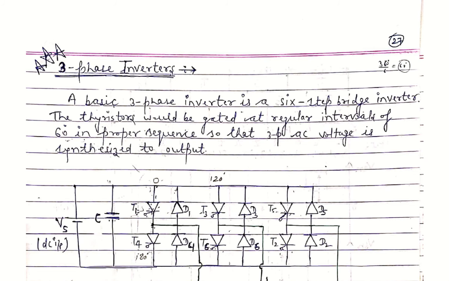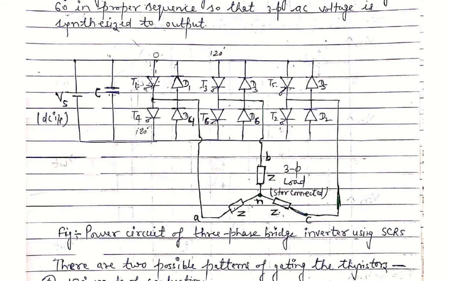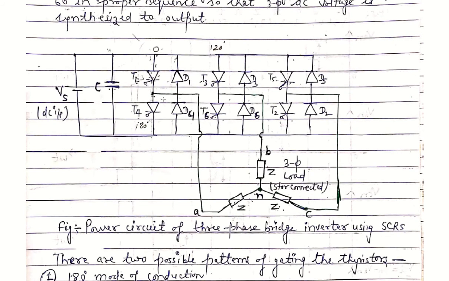So what is the topology of this three-phase inverter? See, this is a three-phase inverter structure. It is composed of three legs, or we can say three arms. It is basically formed by three single-phase half bridge structures. If we take this single-phase half bridge topology and form it into a three-phase half bridge structure, we obtain the three-phase VSI.